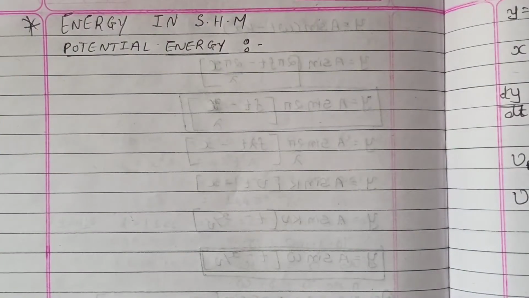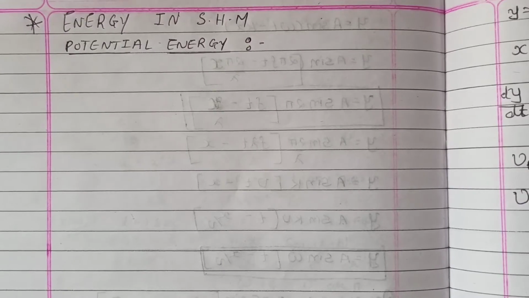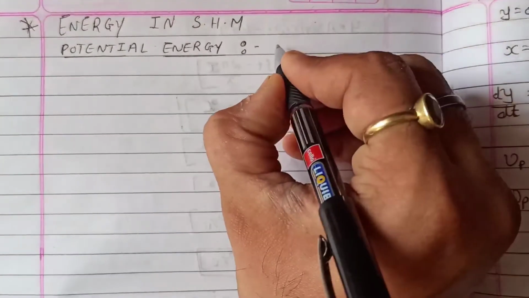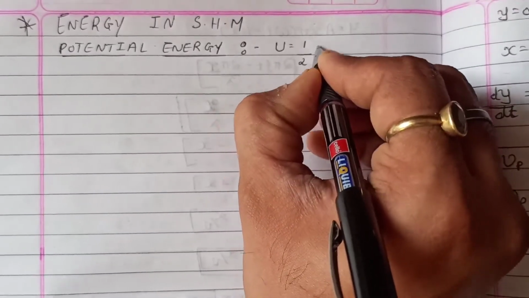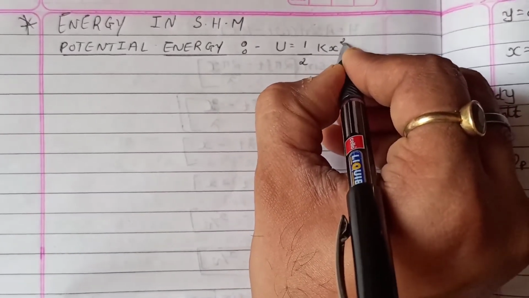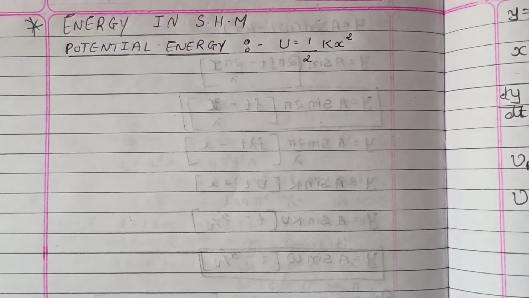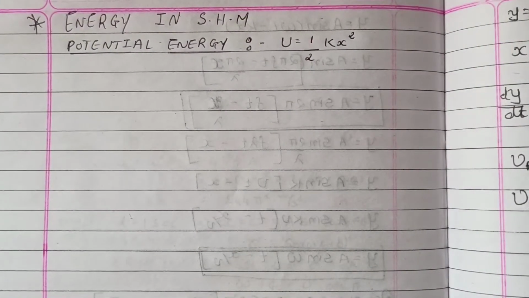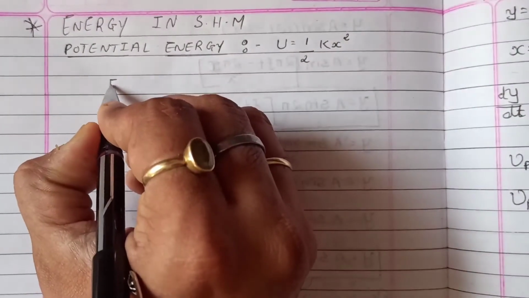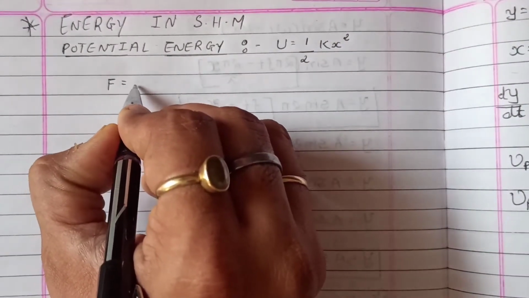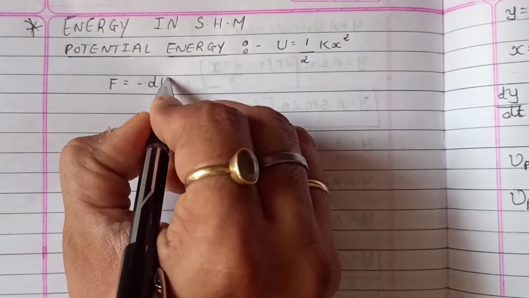Okay, we discuss potential energy in terms of displacement. Now for the spring we know that the potential energy is 1/2 kx square. Okay, this is the potential energy of the spring. Generally the relation between the force and potential energy is F is equal